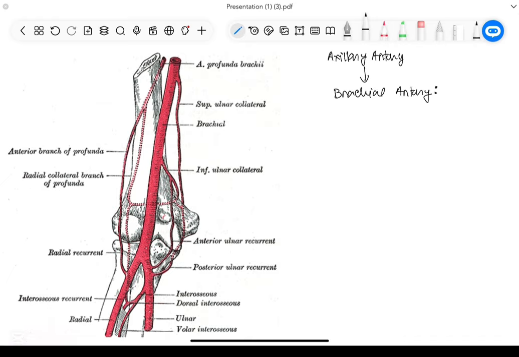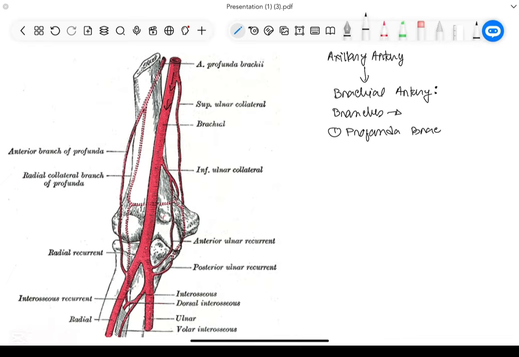What are the branches of the brachial artery? The brachial artery is a continuation of the axillary artery from the lower border of the teres major muscle, and it continues till the neck of the radius area, where it terminates into the radial and ulnar artery. Now what are the branches? First of all, the brachial artery comes down and gives a branch which goes backside to supply the posterior compartment of the arm muscles. The name of that is called